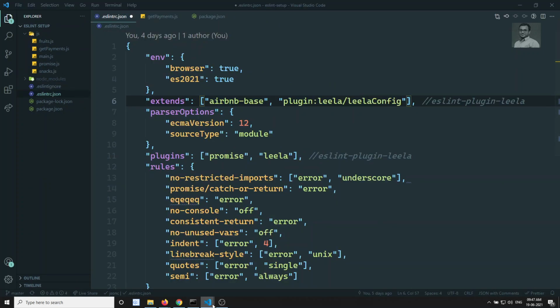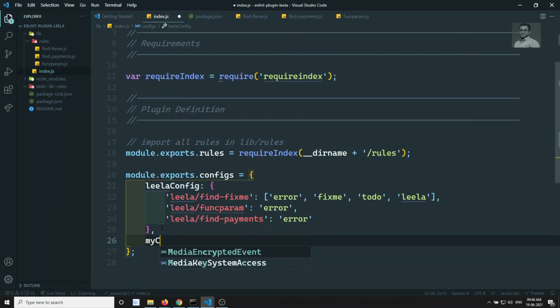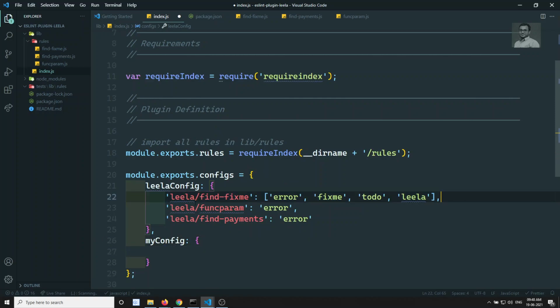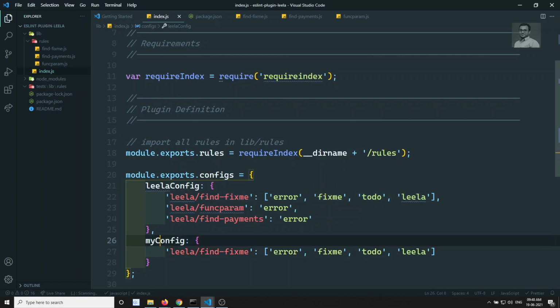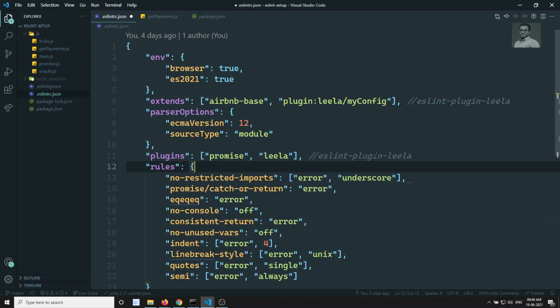You can have any number of configurations here. For example, I can do my config, and in this my config I will load only one. If you want to use one config only, you can copy it and paste it here, so that depends.